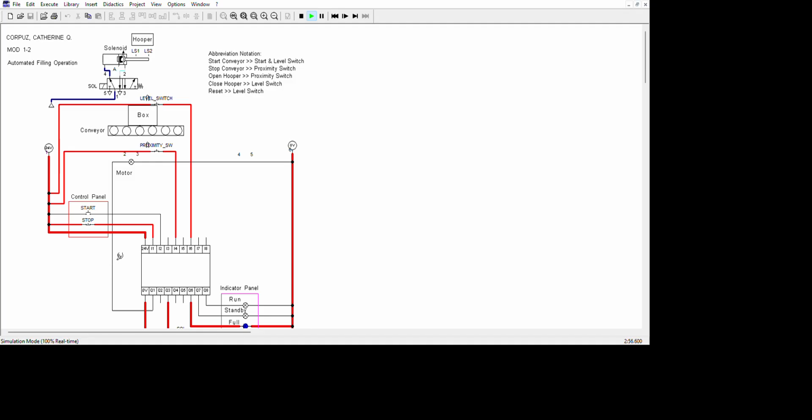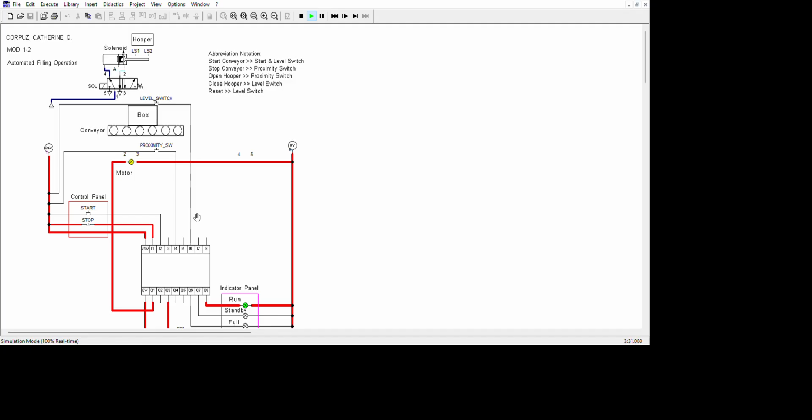When I press start, run and full indicator turn on, and the motor runs again. Turn on the indicator for the next box. The box will move. Level switch trigger will be removed. And the proximity switch will also be removed.